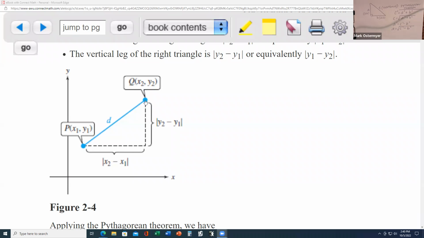In a similar fashion, if you project this point back to the y-axis, it strikes y2. And if you project this point horizontally back to the y-axis, it strikes y1. The length of this leg of our right triangle is going to be the absolute value of the difference between the y coordinates of these two endpoints here. And then, therefore, to find the length of the hypotenuse, which is labeled D, we would subject these known lengths